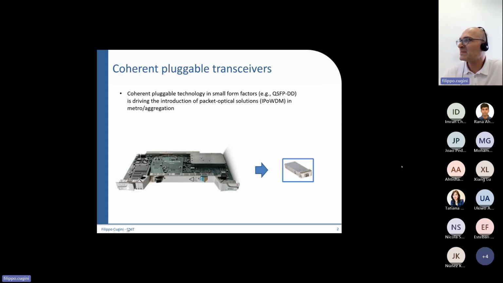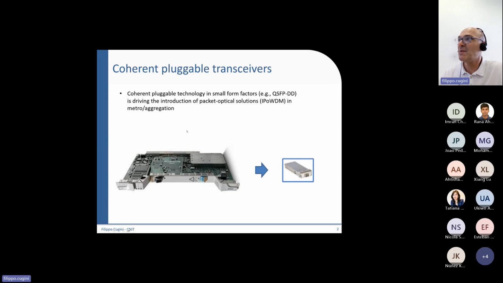We can also use switches and routers designed for data centers, or traditional IP routers. So the market is much larger, and there are many more opportunities for an effective integration of IP networks and optical networks.